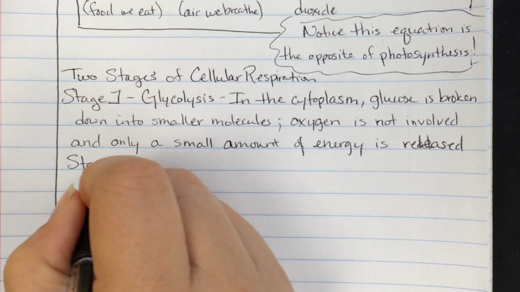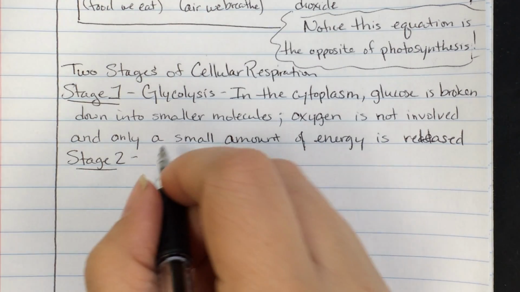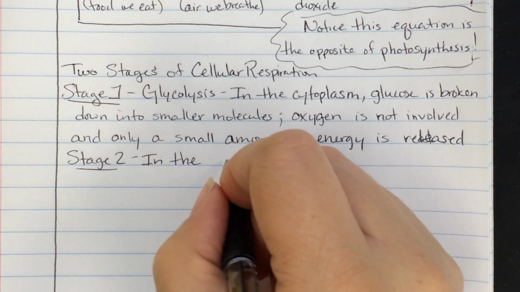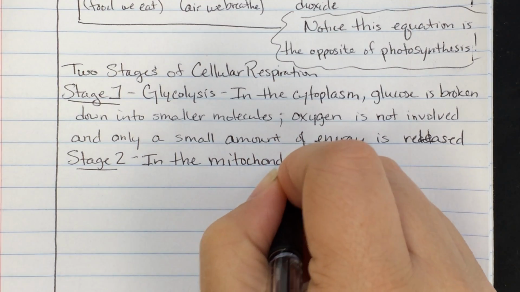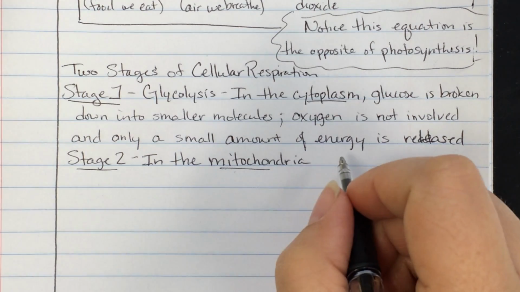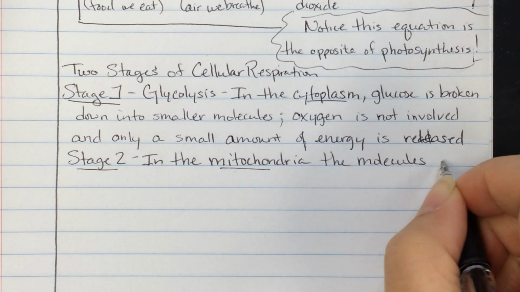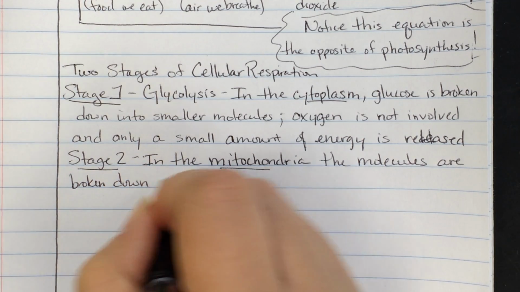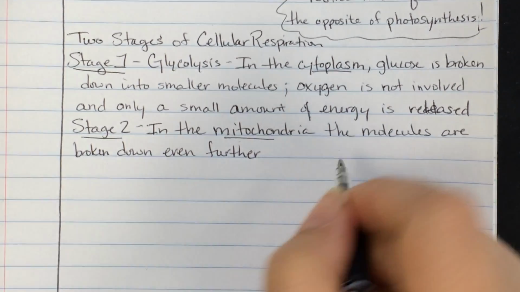In stage two, let's go ahead and underline our stages so they look a little bit bolder. So in stage two, this one happens in the mitochondria, which is why on your opposite page you have a giant mitochondria. So here we have the cytoplasm, here's the mitochondria. In the mitochondria, the molecules are broken down even further. So that means they're made even smaller than what they are